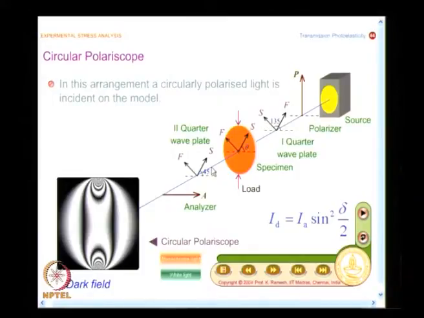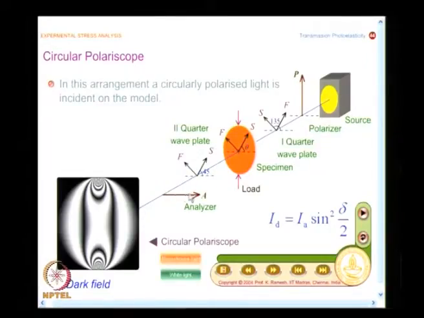You have a fast axis in the place of the slow axis of the first quarter wave plate, and a slow axis in the place of the fast axis of the first quarter wave plate. So the amplitude of light is the same, and the slow and fast axes are interchanged. Whatever retardation is introduced in these two components is cancelled.